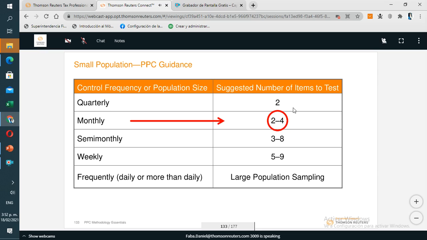So what I was getting at, when I was on a roll, I was saying, what if you can find a control that only happens 12 times a year? For instance, monthly reconciliations. For instance, at a lot of your clients,